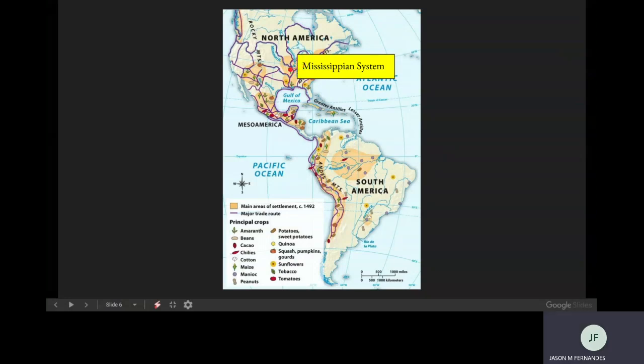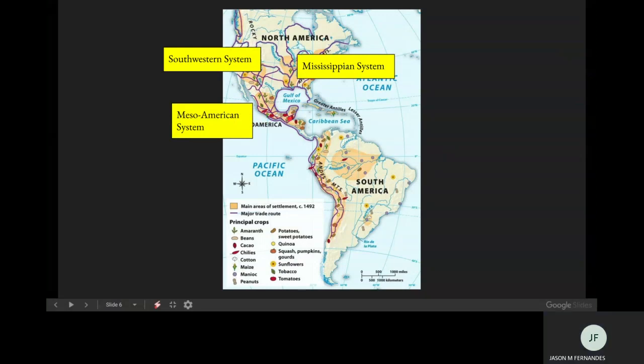networks too. You also have the southwestern system over here, like the Anasazi and the Chaco Canyon, etc., which was also connected to this Mesoamerican system in Central America and Mexico, where you have the Aztecs and the Maya. And then down in South America, you have the Andean system with the pre-Inca people, the Inca, really large trade network here spanning the west coast of South America through road systems developed largely by the pre-Inca and the Inca